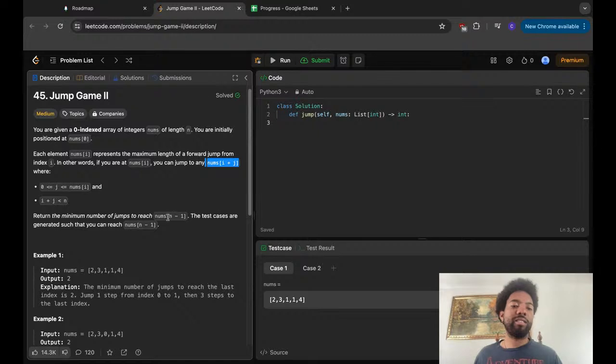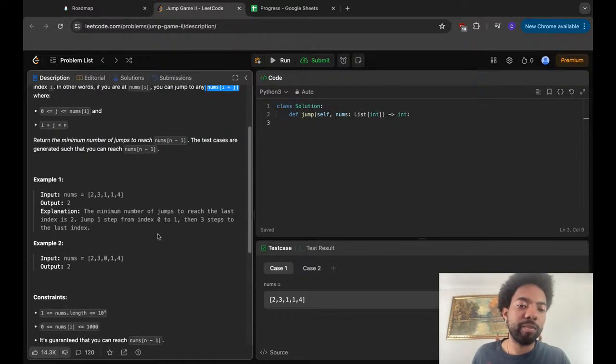And I remember the solution for this is basically you have to reach index 2. The last index is 2, jump from index 0 to 1, then 3 steps to the last index. Yeah, so